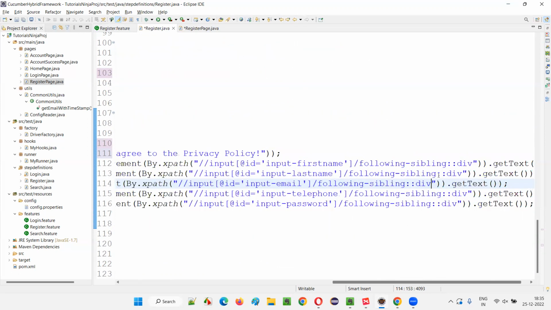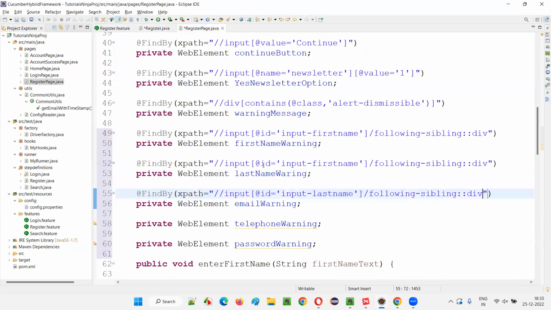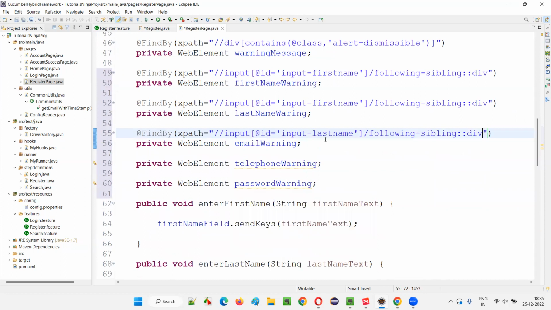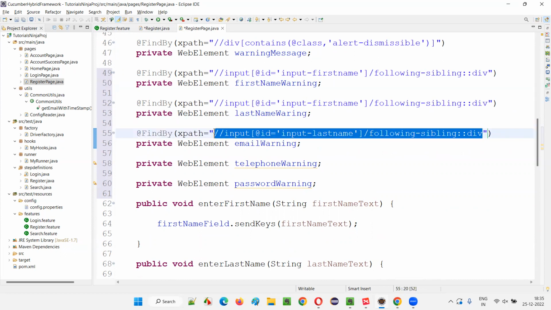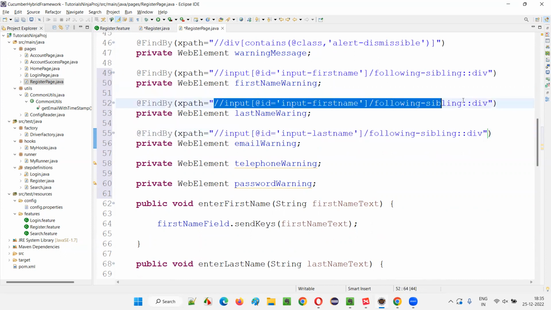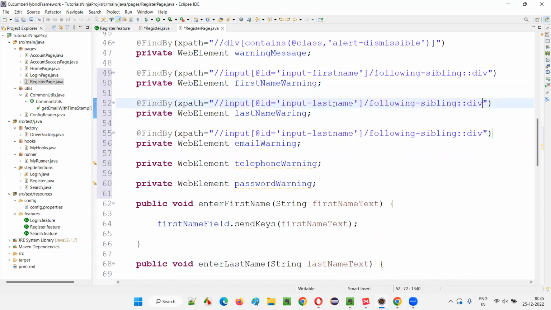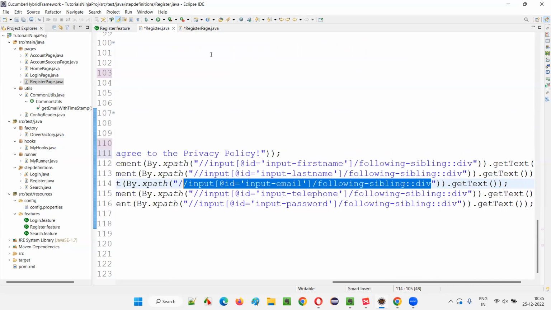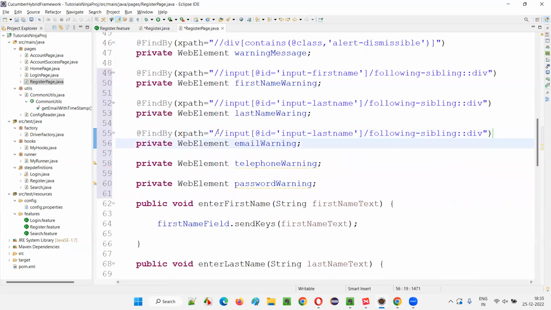Email address warning. Okay. There is a mistake somewhere. This is a last name warning, right? This one has to be created here. Input last name, and this is the email. For email, we have to get from here. This is the email warning,